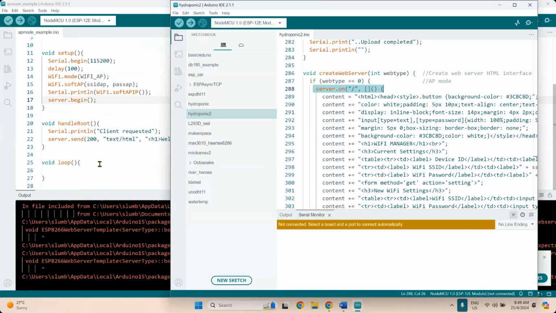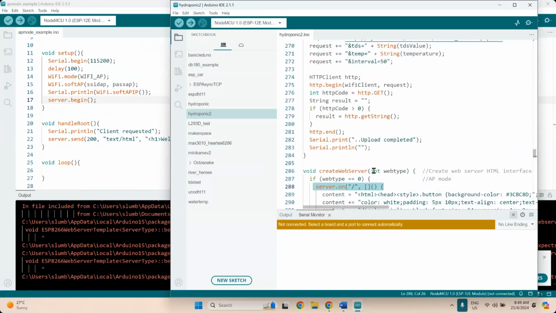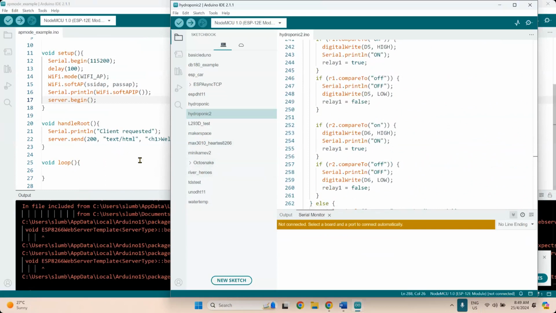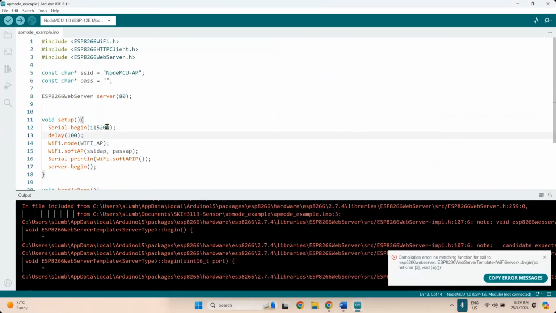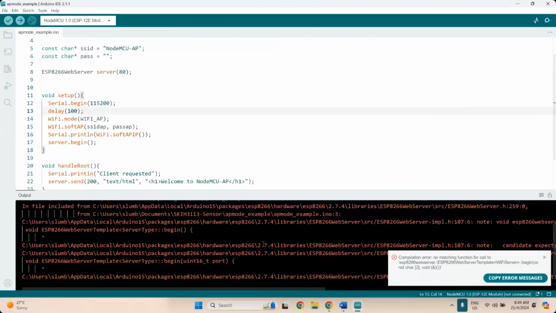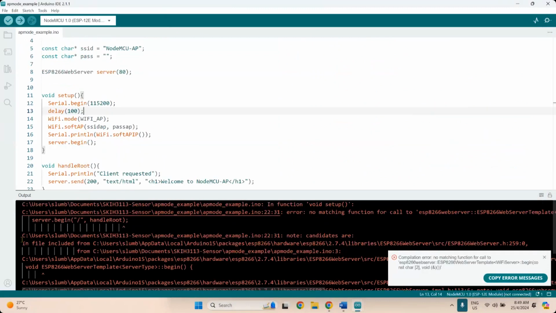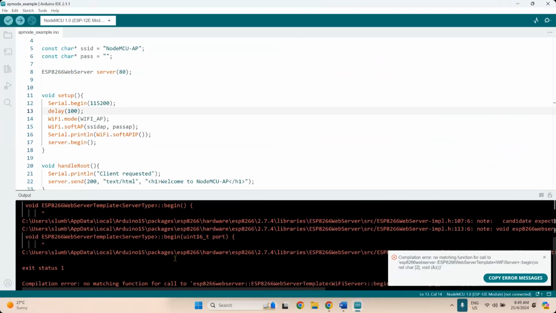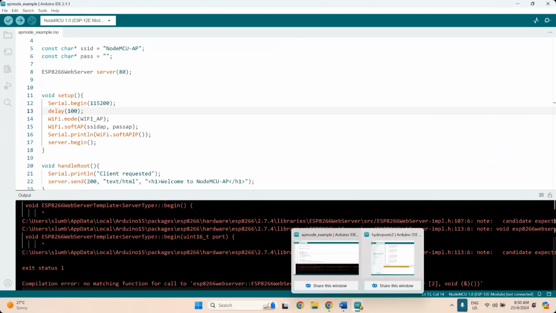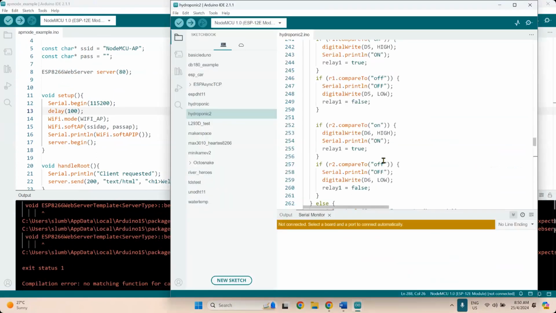Hold on, I'm not quite sure why the one that I use here doesn't work anymore. This is the one that I use on all my projects, and they're basically the same. I just don't have any idea why that one doesn't work, because it's basically just a simple page request. But the library doesn't seem to work anymore. The problem is with this library. It's supposed to create a web server, but it doesn't. It does seem to have issues with the method, the function that I use. So I might need to change that to a different one. Usually the method that I use is this method.